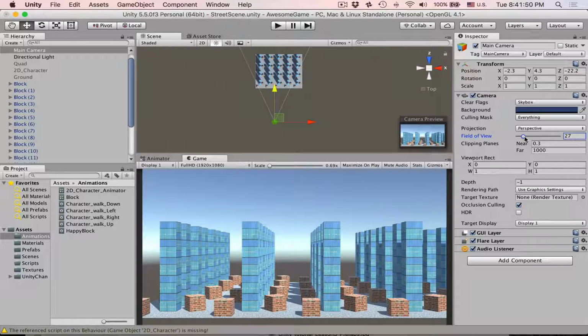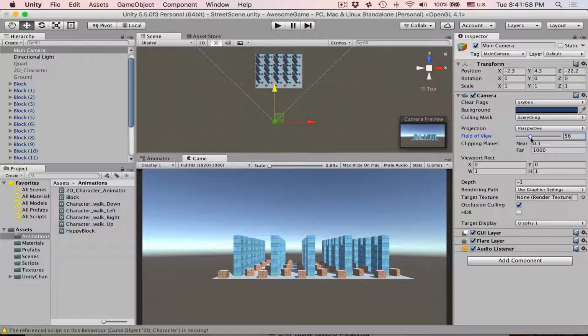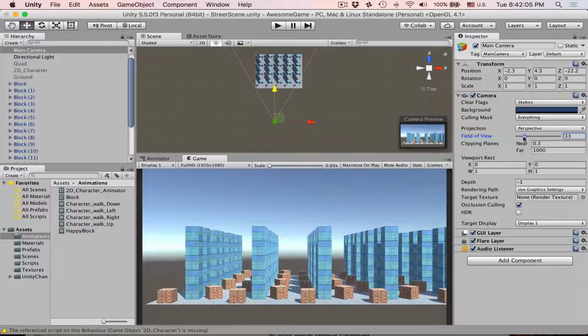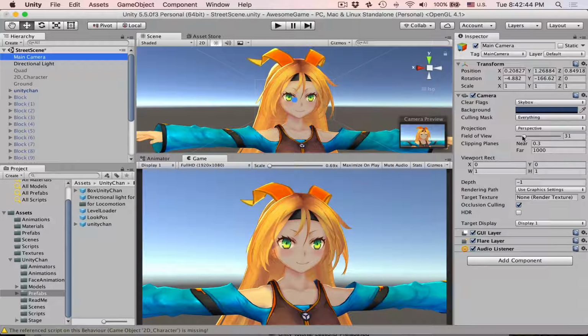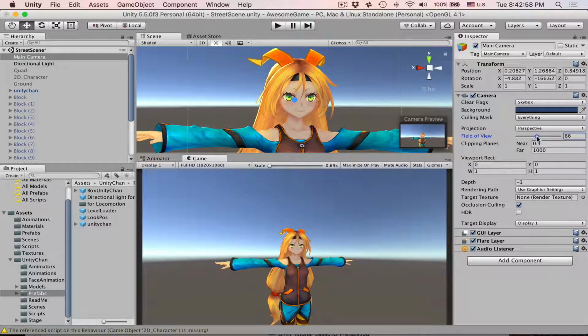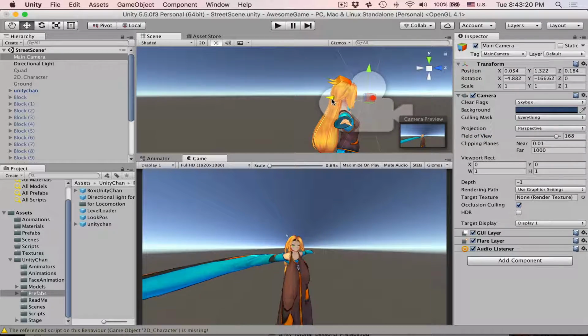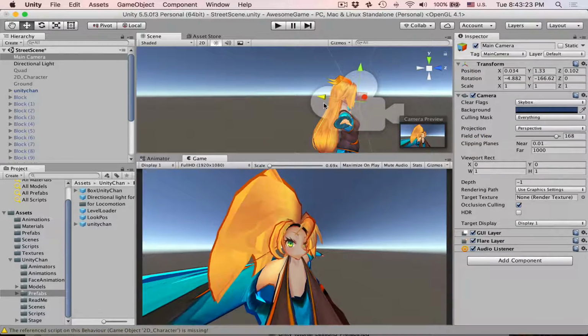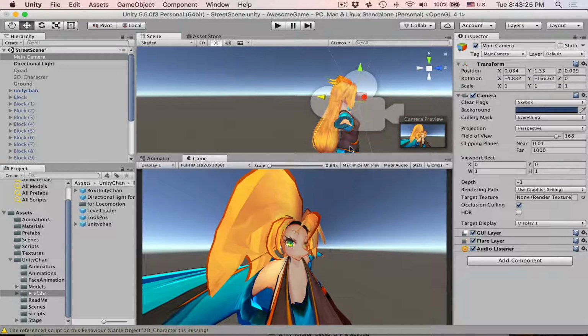If some of you are into photography, you know that you want a wide lens when you are taking landscape photos, but for portraits you want a little bit narrower. Let's see how field of view works with the characters. So for portraits you usually want a little bit narrower field of view. This way you have less distortion, so it's better for portrait photography. If you have a very wide lens, when we move in, there is just so much distortion. You can see it on this model's nose,